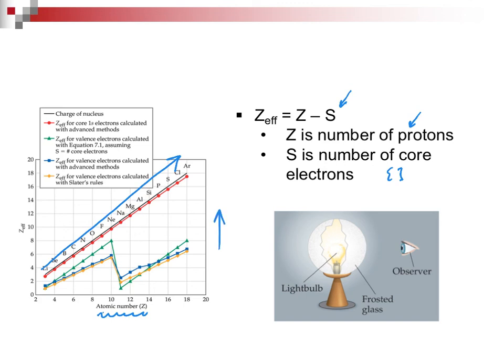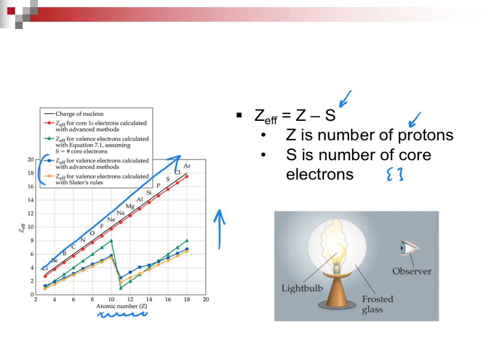Now again, we are Gen Chem. If we use a more sophisticated model, we are going to get a different type of understanding, and that would be these blue and these yellow lines, where when you finish a row, what happens is you start from scratch. I'll talk about that in a second.